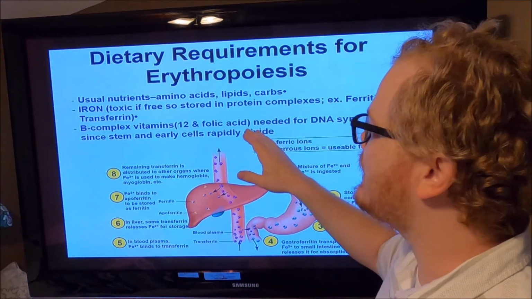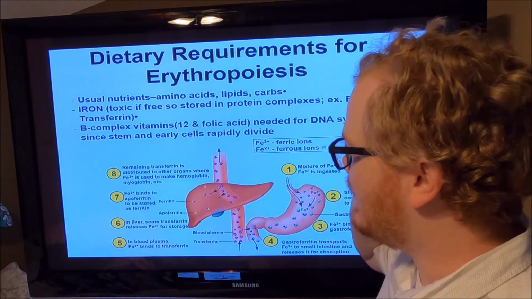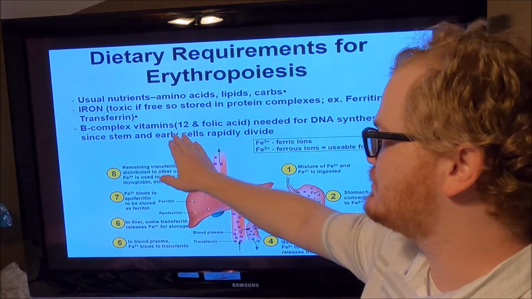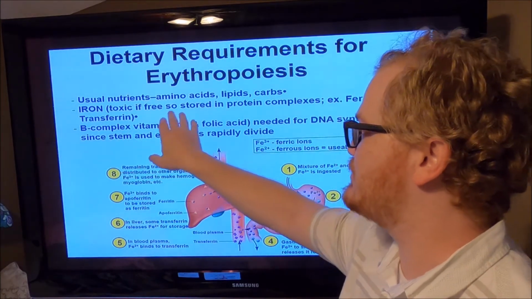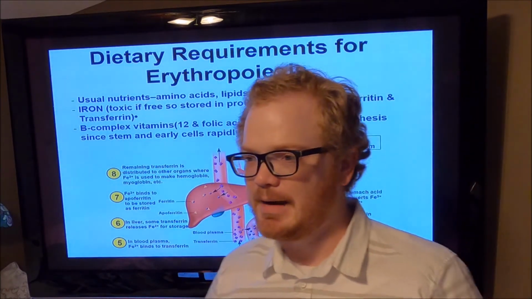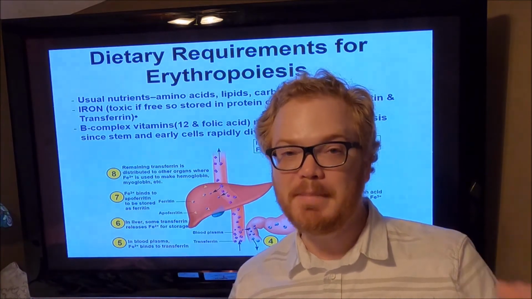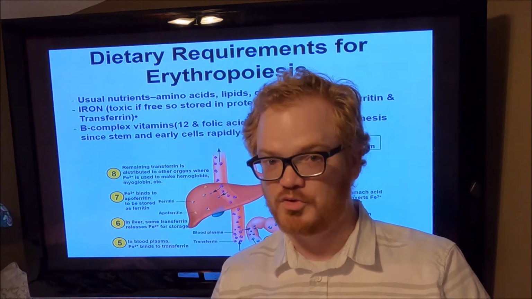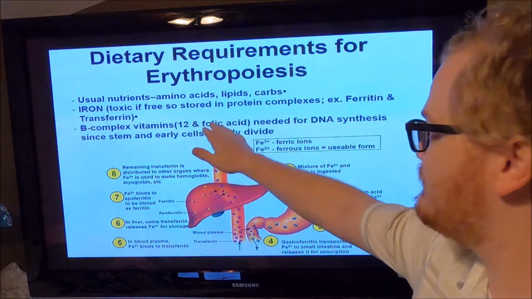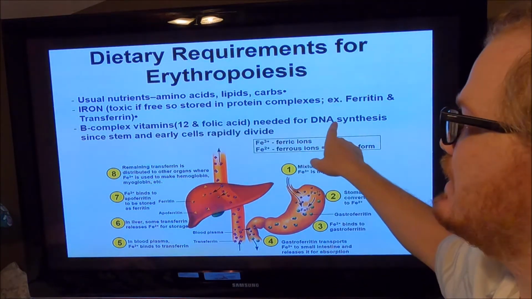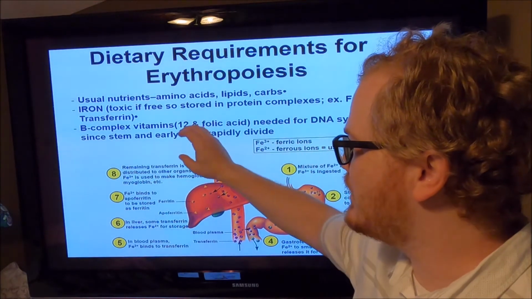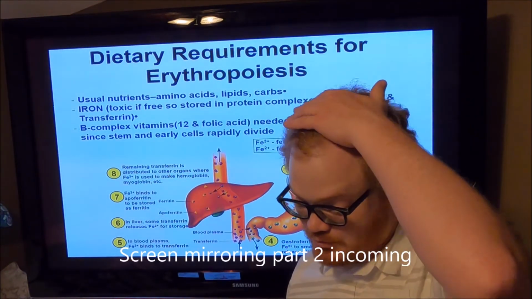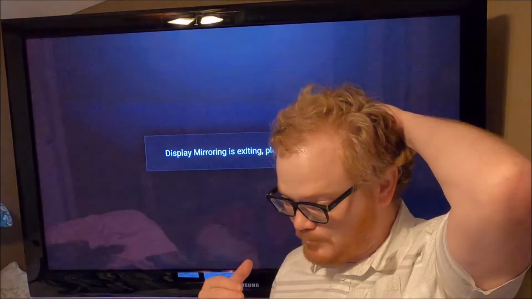Certain lipids and carbohydrates are also going to be involved here. And an important part of this is B complex vitamins like B12 and folic acid. These are very important for making cells quickly. If you're trying to go mitotic and really divide cells fast, you've got to have these or it's just not going to work. They're involved in DNA synthesis. So they are very important. So if you look at, for instance, a good example of this is